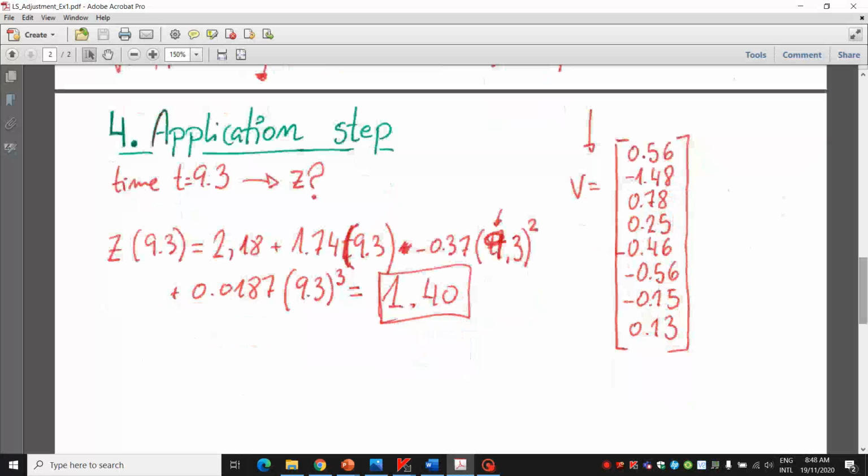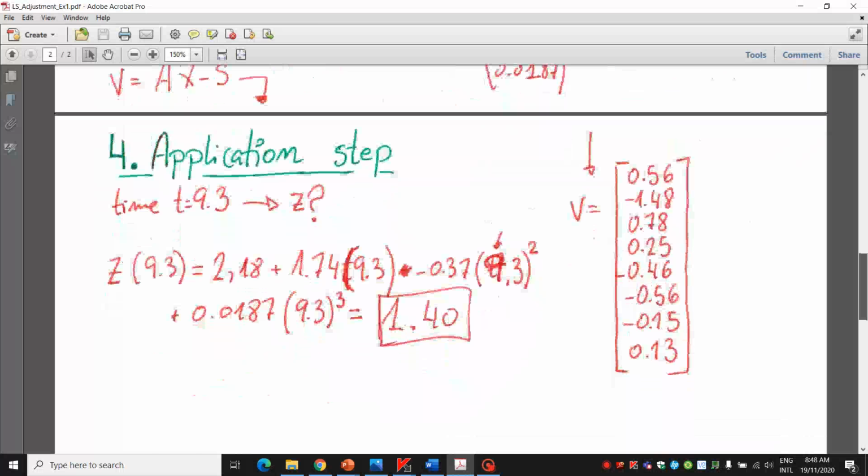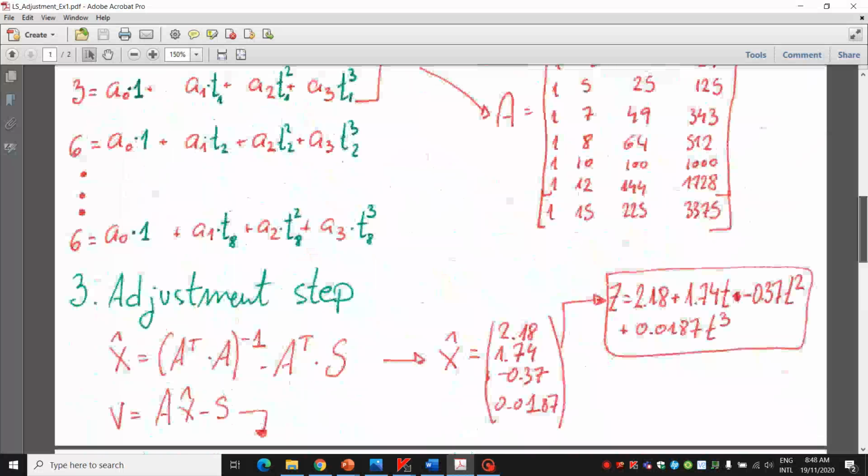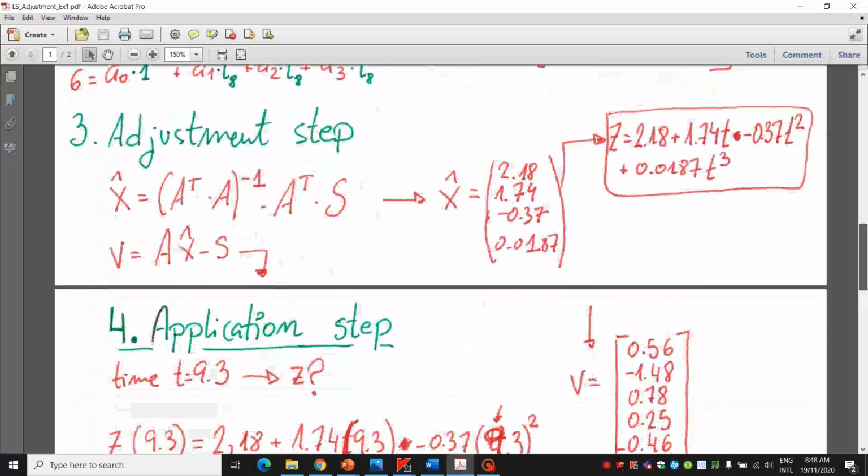Okay, so this is the exercise number 1 for the least square adjustment. One thing which is missing, I still have to explain, but I will upload a video tomorrow, is how to do matrix multiplication, matrix transposition and matrix inversion. This is something you should explore. This is your homework for today, to go through all the exercises again, understand how they are done, post your questions, and send in